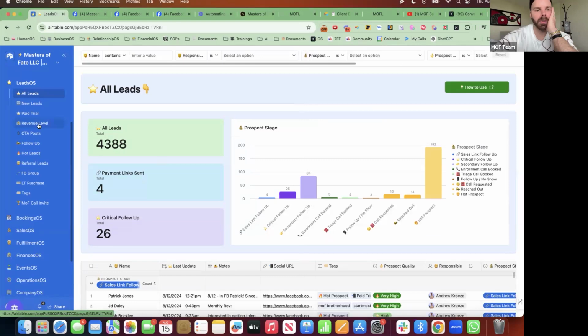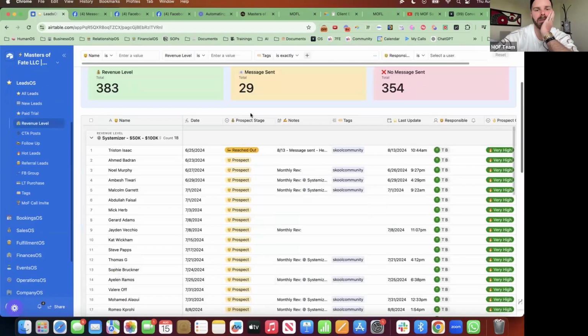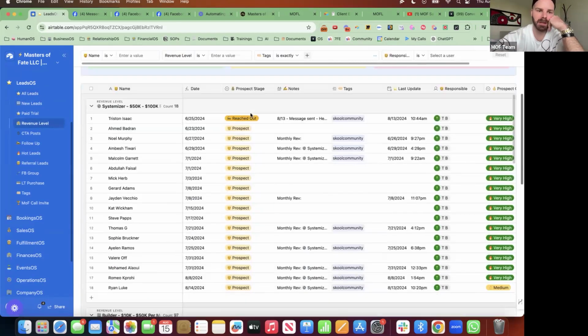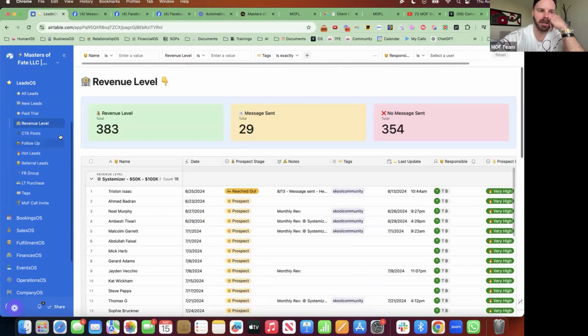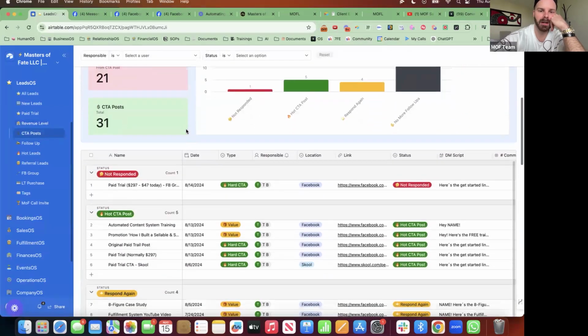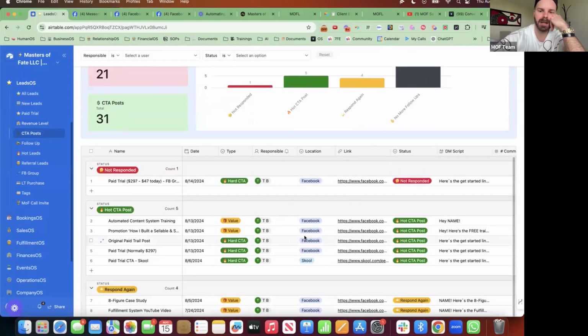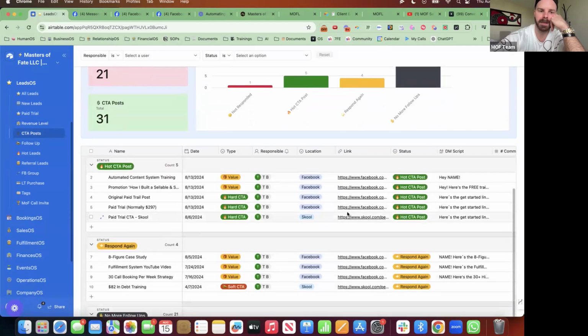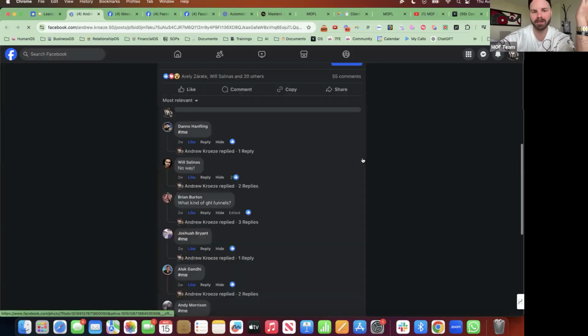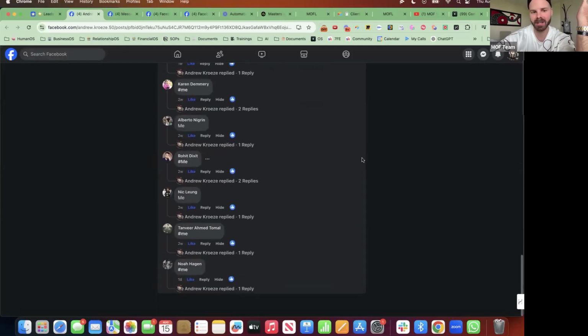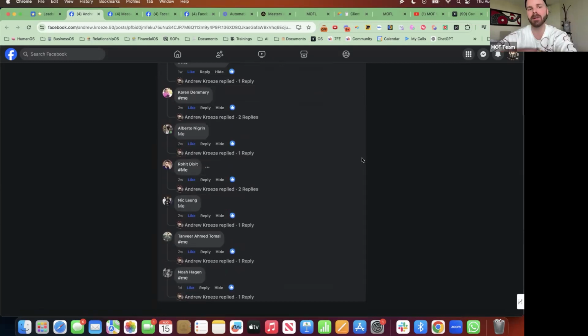And then the other boards, we have it broken down by revenue level, because when people opt into our Skool community, then we can see who is the highest quality. We have all of our call to action posts in one place as well. So Tom, one of our setters, is responsible for hitting those back up. So he can just go here. Because the number one thing with call to action posts is staying on top of them, and you'll generate more sales. So we were having that issue where we would post a call to action post and then forget about following up with it a week later when there are viable sales there. So that's all in there as well.